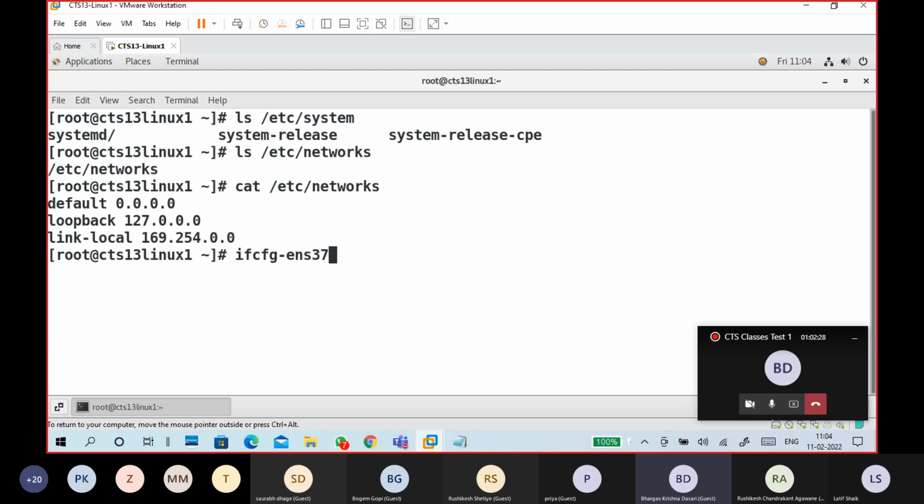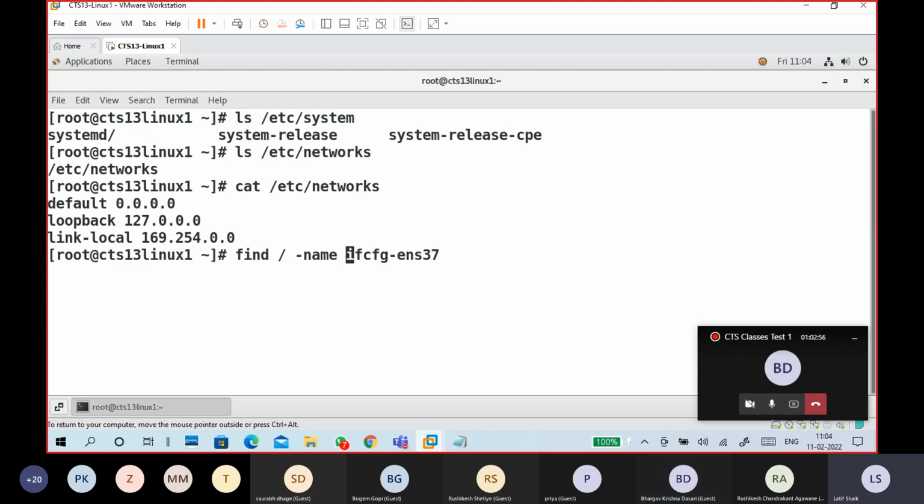Cat. Cat is used to read the file, right? Okay, find. This is the command we practiced.